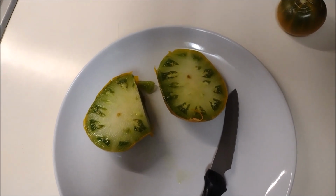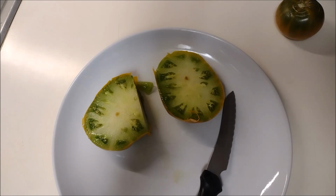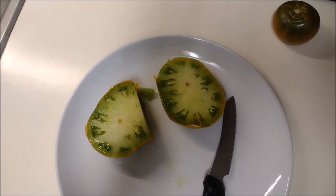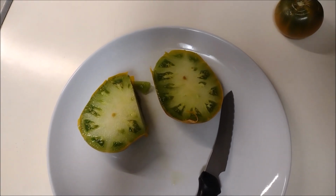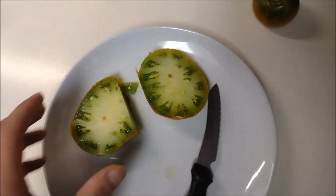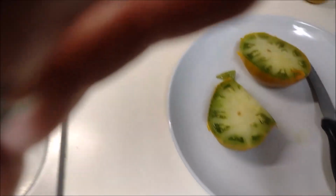I could almost guarantee that if somebody was to put it in the same conditions and less crowd it, they could grow this plant better. Or if they were to have it in the ground, for example, they could grow this plant better. Or if they were to have managed it better, they could grow this plant better. So this is an excellent example of a power plant tomato. Look at that. Here, hold this for a second. I want to cut this up a little bit just to...